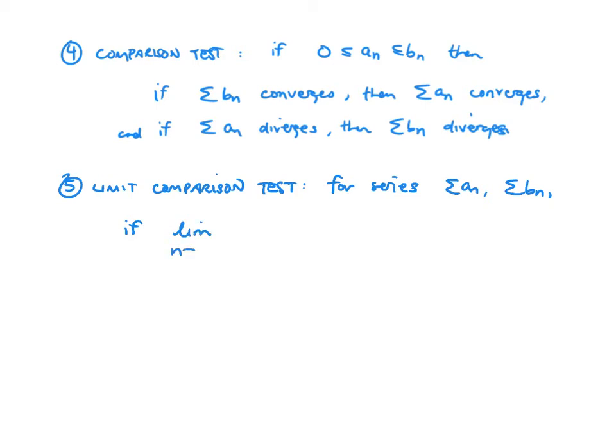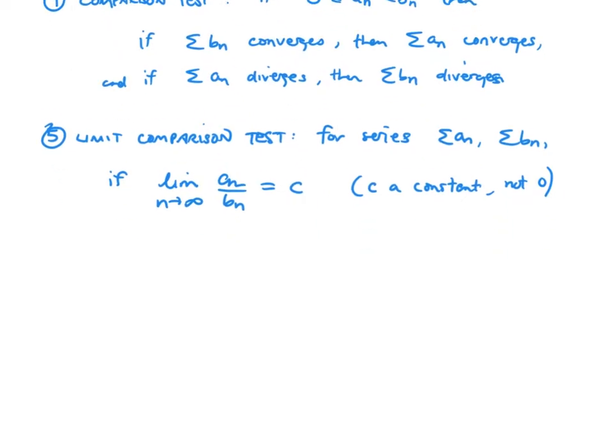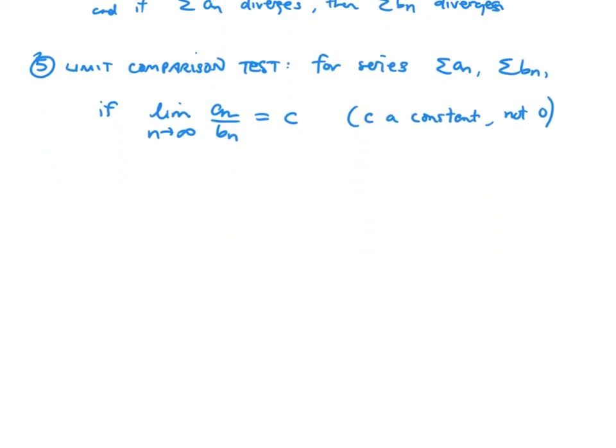And we saw last lecture that if the limit as n goes to infinity of the ratio of these terms, not with the summations in them, just the nth term, is a constant, and it can't be 0, it's got to be a non-zero number, it can't be infinity, that's not a number,